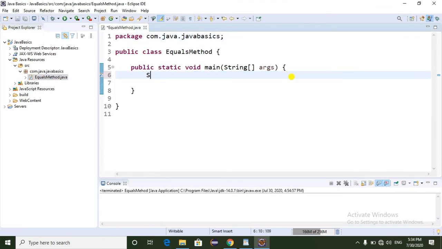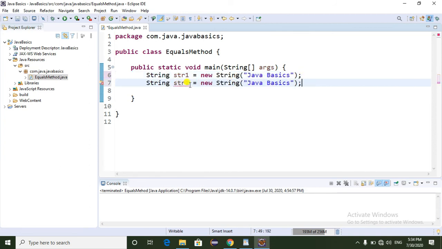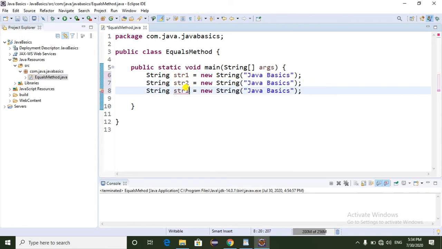Here I am going to create String str1 = new String("Java basics"), and one more object, str2 = new String("Java basics"). Again I am creating a third variable, where the string object is only Java.